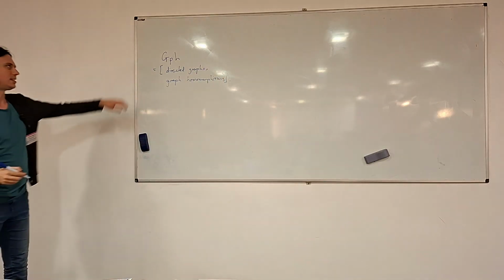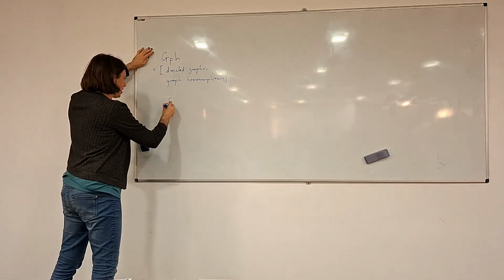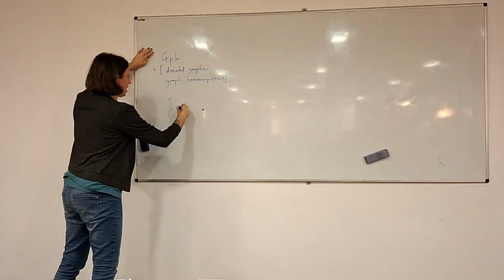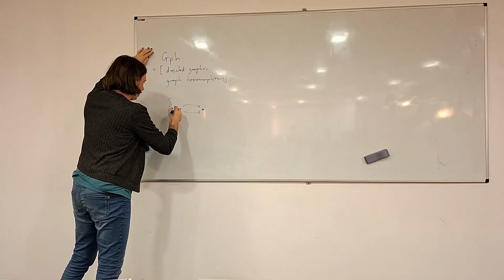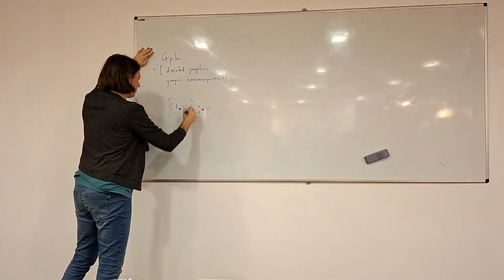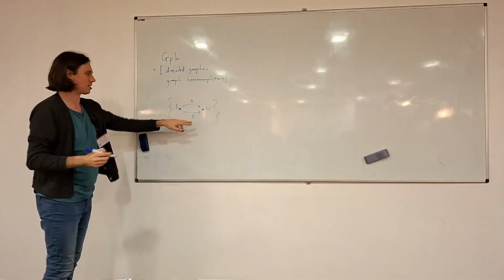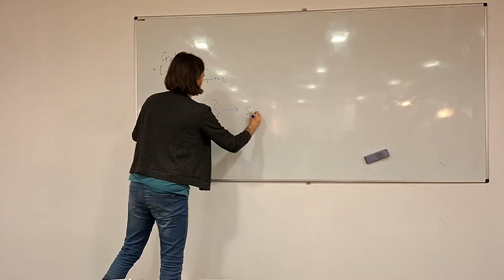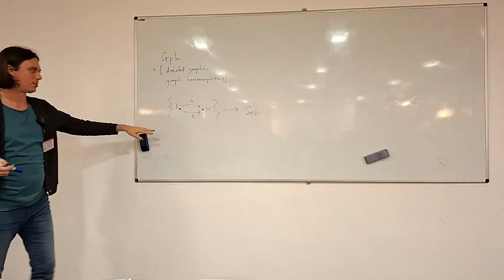If you didn't know, this is an extremely nice category because it turns out to be the category of functors from a very particular category which has two objects, which I'll call E and V, and two non-identity morphisms called S and T. A functor from this thing to Set is the same thing as a directed graph, and a natural transformation between them is the same thing as a